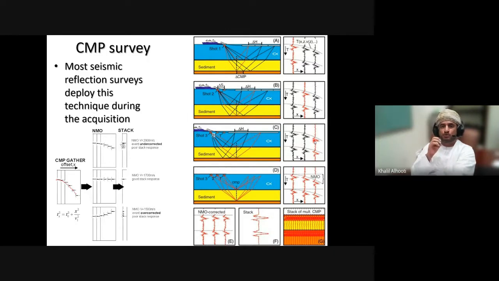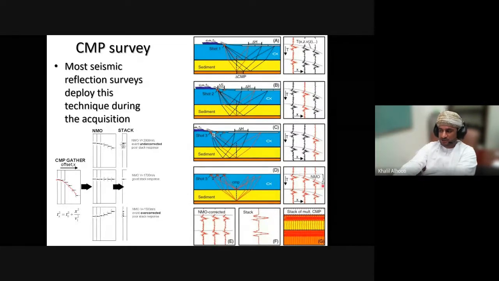I can call them common midpoint. I combine them together. 1, 2 goes here, 3 goes here. This trace goes here. So I form what I call,